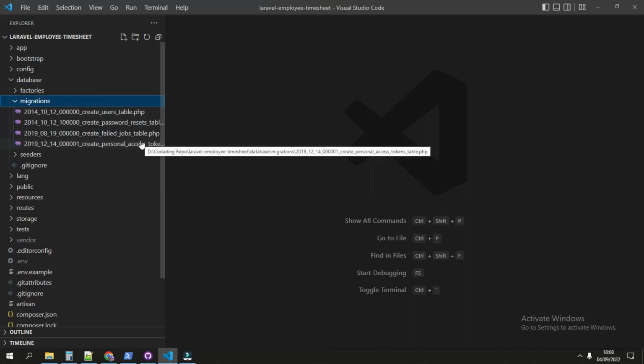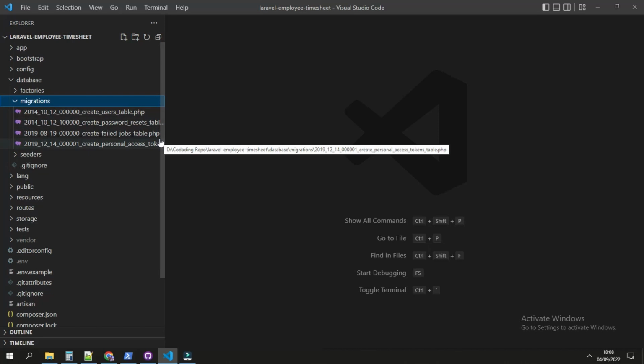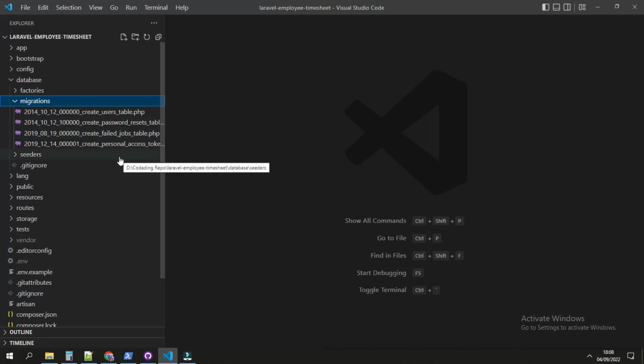Some are already defined, like creating the users table, password reset, and others. But because for the scope of this course we don't use all of the default tables, we can delete some that we are not using, such as the